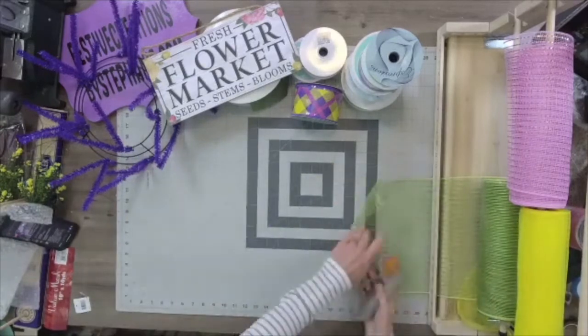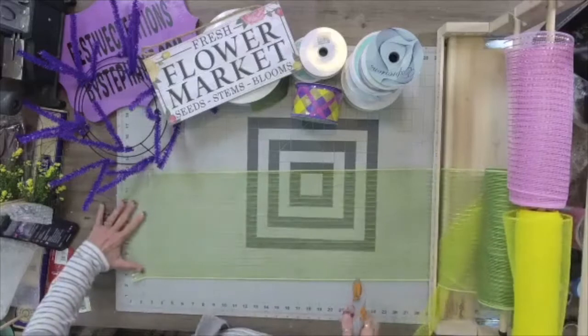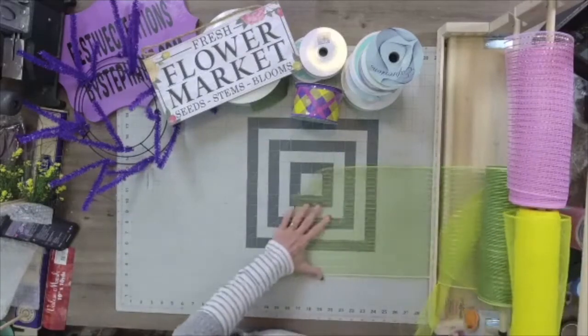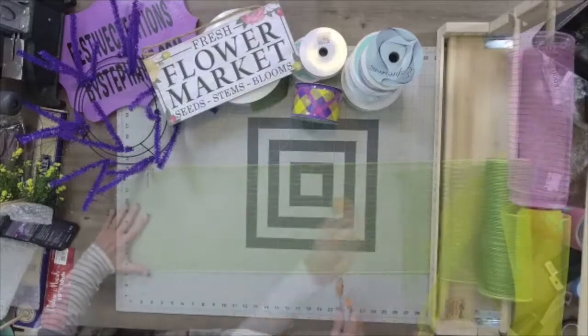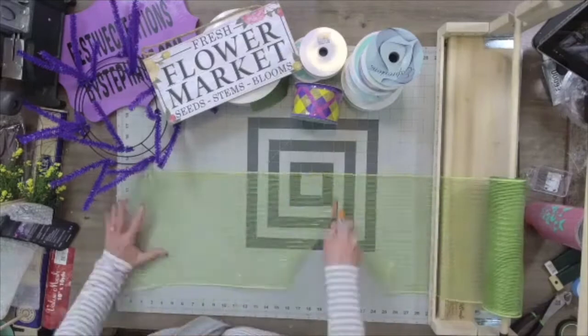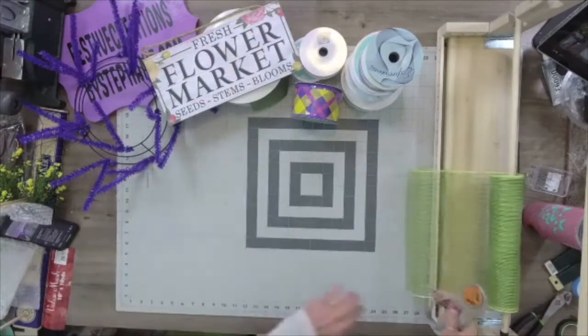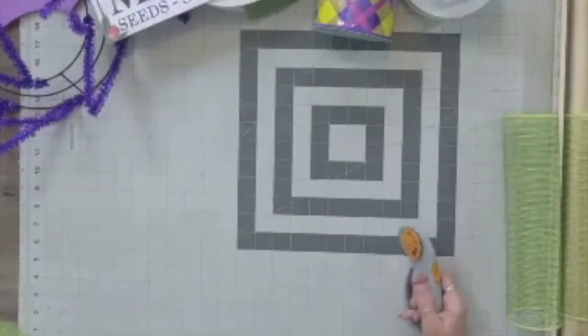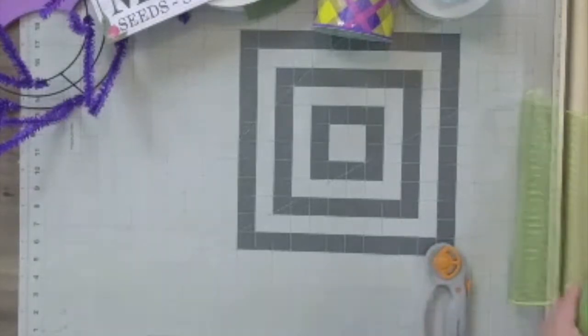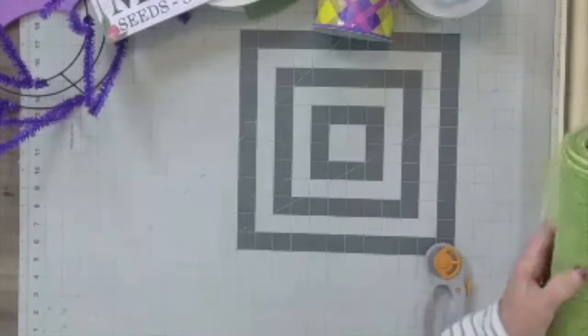And if y'all know me, I just throw them on the floor. 2... 12. So the 12 20-inch strips are going to be for around our base, but we're also going to be